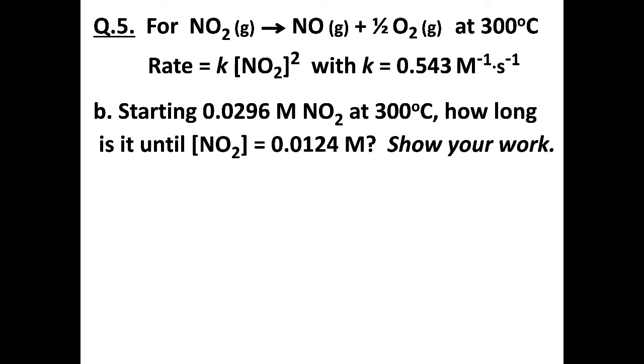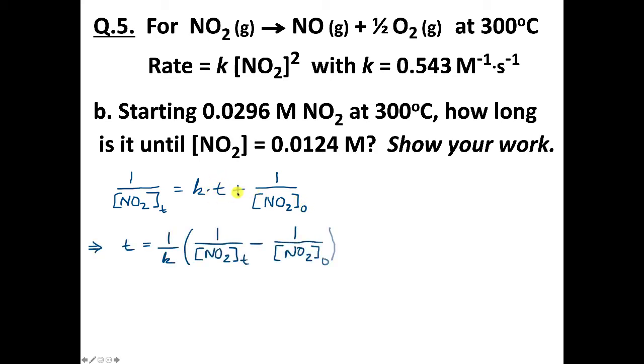Okay, so as noted before, same rate law, second order for the same reaction. So the same time versus concentration relationship: 1 over NO2 at time t equals k times the time plus 1 over NO2 concentration initially. And now we know everything except the t value. So here, rather than just plugging in numbers, I'm actually doing the algebra to solve for